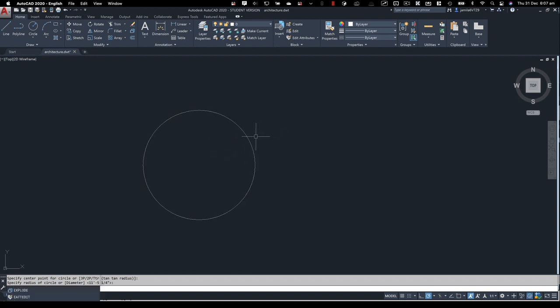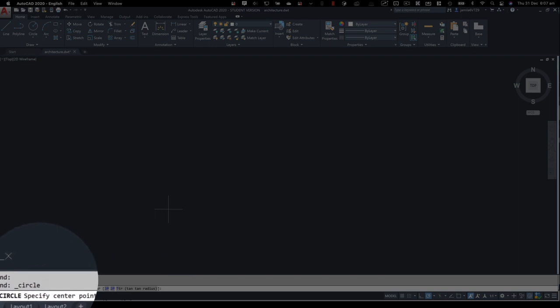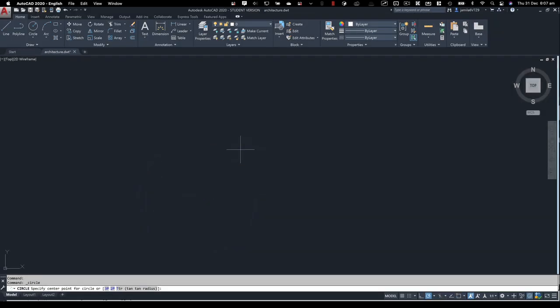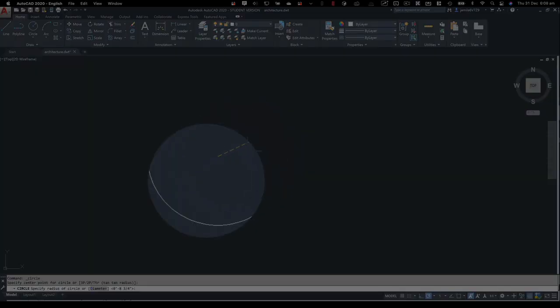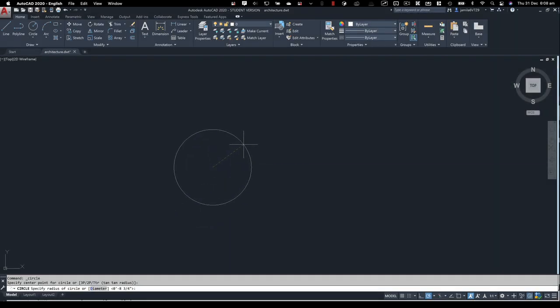I'm going to use the erase command by pressing E, spacebar, and just press spacebar to execute the command. I'm going to start a circle, and now pay attention here. So we have the options: circle center point, 3P, 2P, TTR, TAN, radius. I'm going to start a circle command, and now you can see we are being asked to specify the radius of a circle. You can specify the radius. So for example, if I would say 5 feet, so 5 and single quote for feet,